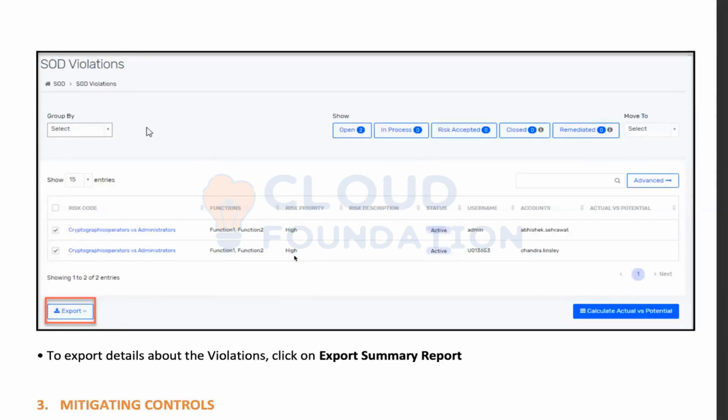Whatever we have learned till now is about identifying the problem. We have done preventive analysis until the user went ahead and requested access to these applications, and we have generated a report. Only generating a report will not help. We would like to mitigate that risk as well.